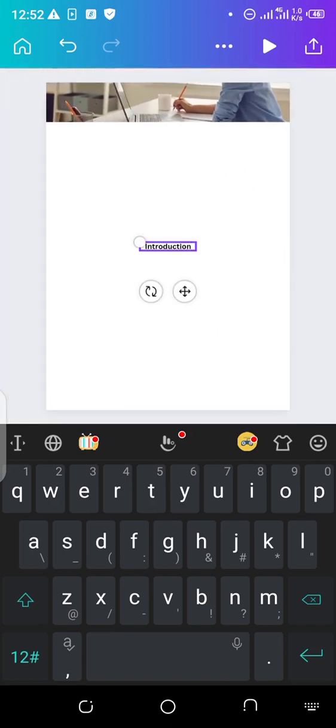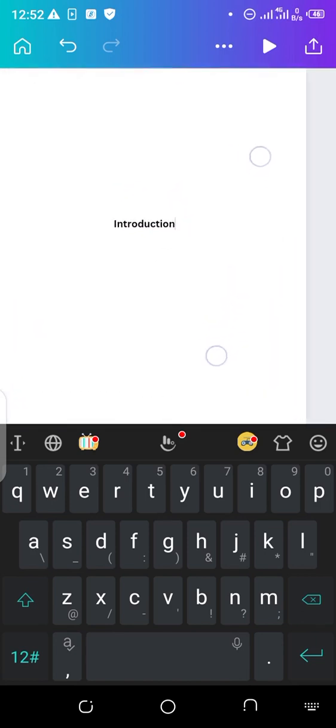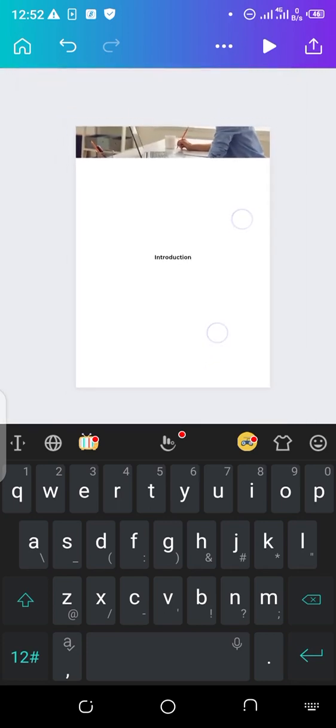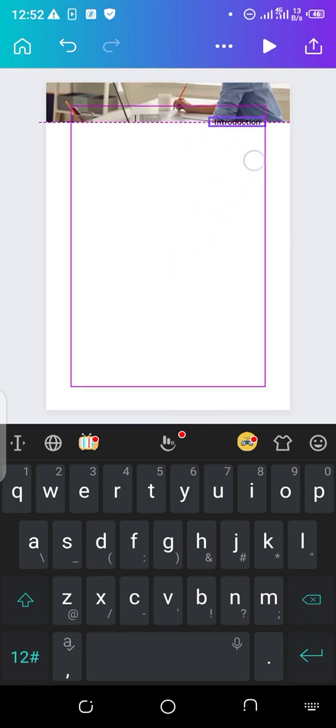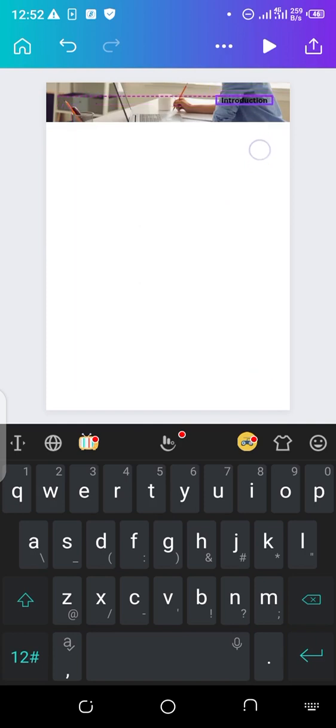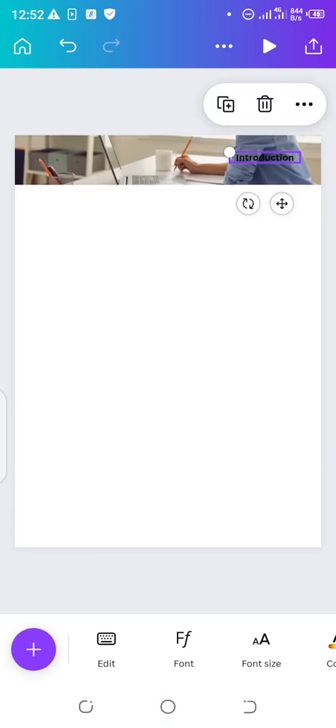Okay, so the workspace is really flexible. You can expand by holding still your phone and using your hand to expand, just the way you expand your pictures. So let's now take it up. So you know the one to click, right? The plus with the arrowhead. Introduction. So you can change this font to any desired font, right? So I think the next thing we need to do is to